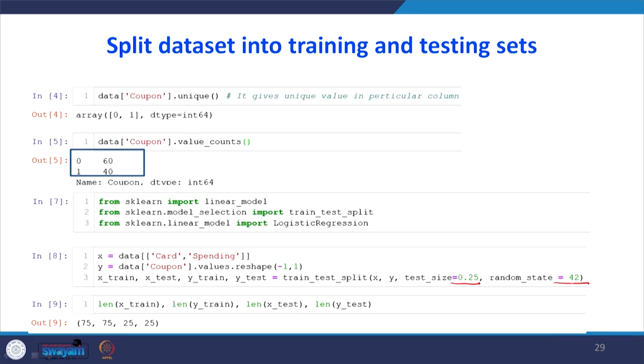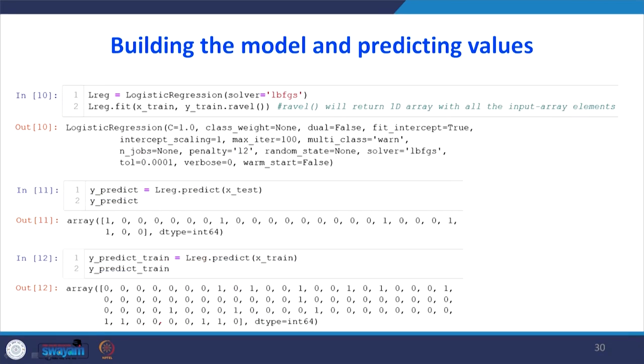You see that in the training data set there are 75 data points for x and 75 for y. For the testing data set there are 25 for x and 25 for y, for testing purposes. First we will use the logistic model, and after building the model we will predict the values.